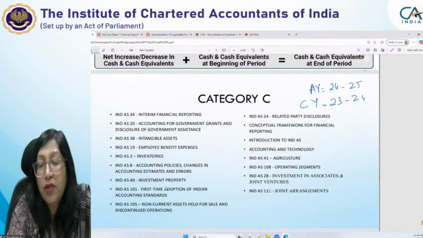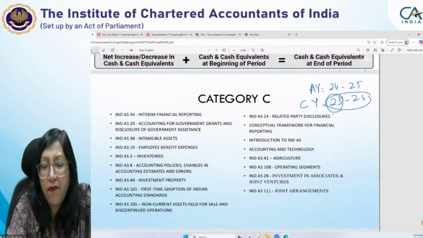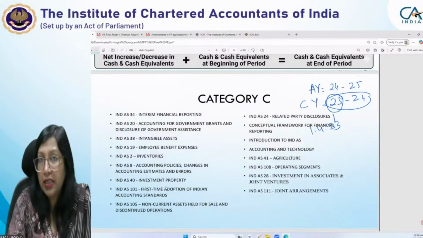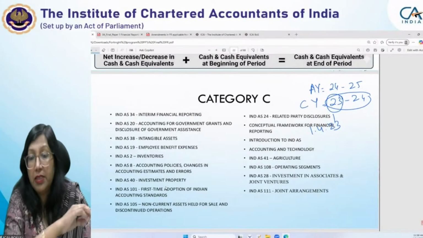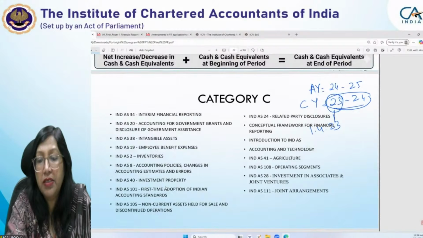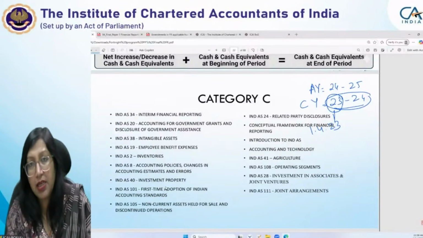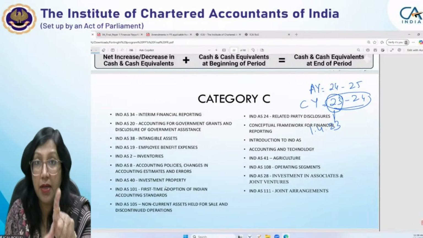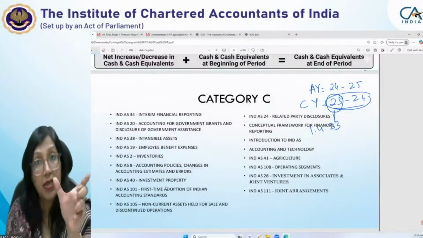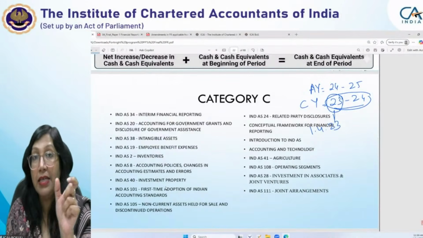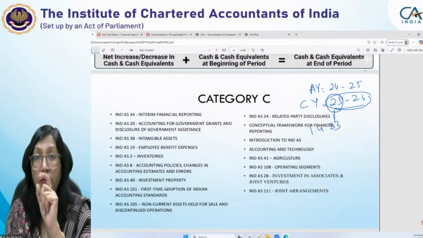23-24 पूरा साल कंपैरेटिव ईयर है, और 1 अप्रैल 23 को बैलेंस शीट अगर आप बनाते हो उसे हम कहते हैं ओपनिंग बैलेंस शीट। प्रीवियस ईयर का बिगिनिंग पीरियड, 1 अप्रैल 2023, इस डेट पे आप बैलेंस शीट हमेशा एक पर्टिकुलर डेट की बनती है। स्टेटमेंट ऑफ प्रॉफिट एंड लॉस पूरे साल का होता है, फॉर अ ईयर, फॉर द पीरियड एंडिंग ऑन। बैलेंस शीट एज एट, तो बैलेंस शीट एक डेट की होती है।